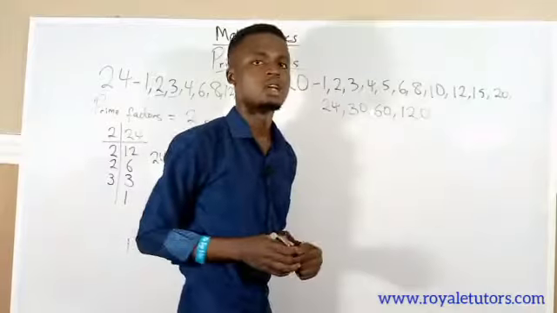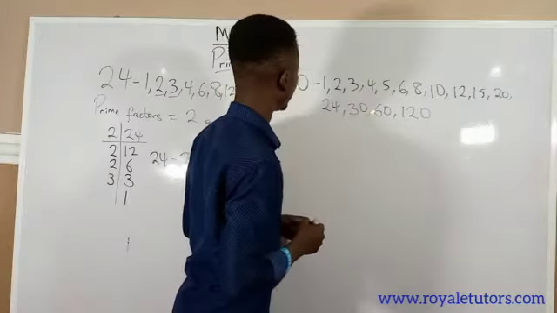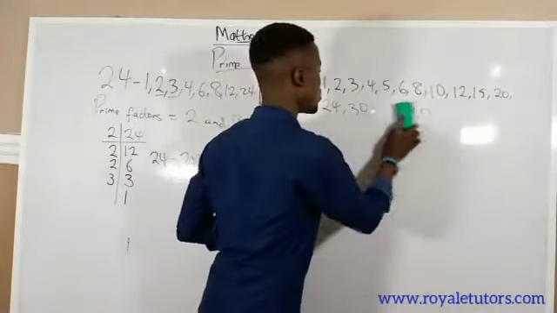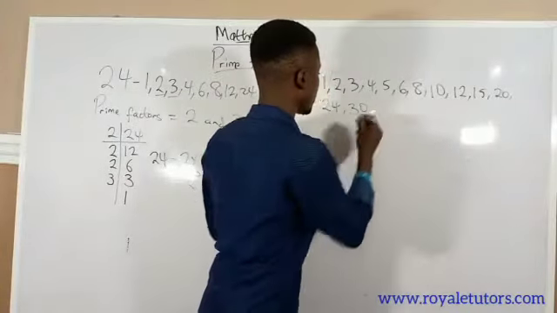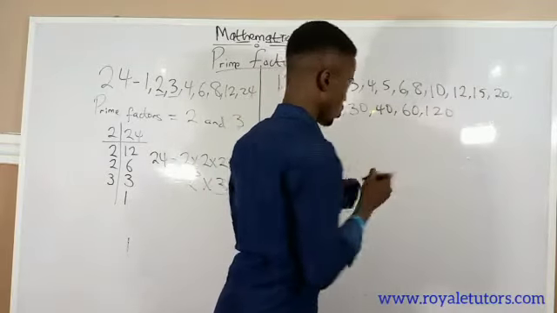But you need to now write out which of them are prime. And then I think we still have 40. There is an omission. We still have 40. After 30, we have 40. We have 60. We have 120. Okay. So